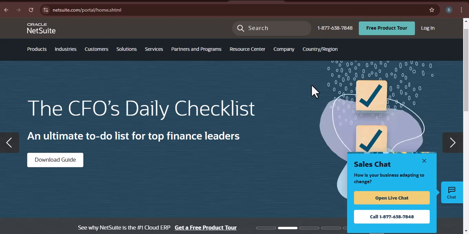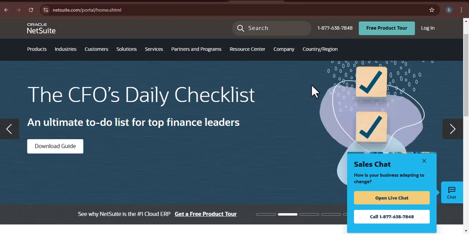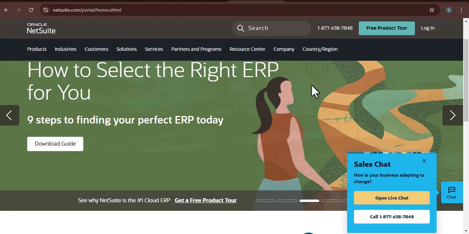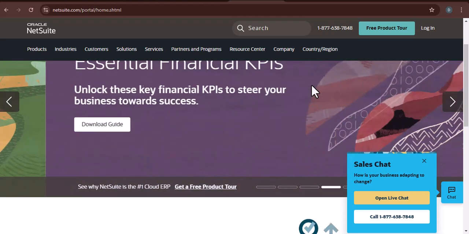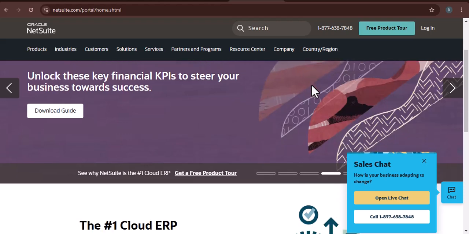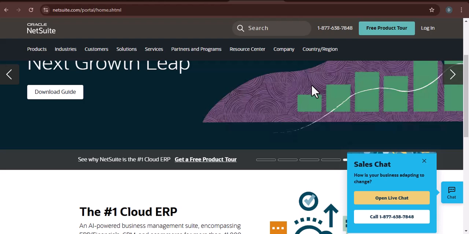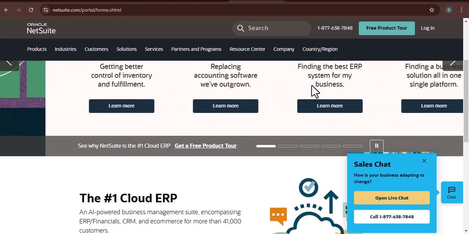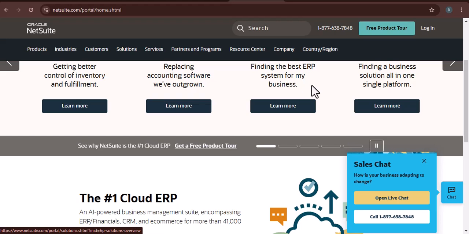Ever felt like you're drowning in a sea of emails, sticky notes, and scattered to-dos, all while trying to keep your NetSuite ship sailing smoothly? Like, you need to follow up on that sales quote or check in on that support ticket, but everything is just everywhere. You're not alone. We've all been there. And that's why today we're diving deep into a feature that could be your organizational lifeline,